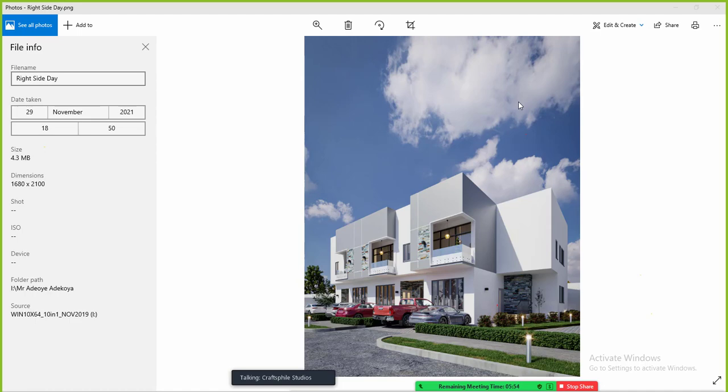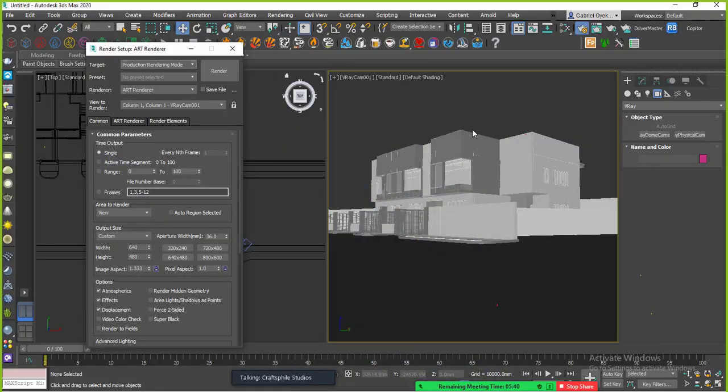So it's better I create an image that is vertical than one that is horizontal. So you need to have an understanding of that, but mostly I use the design to determine the output size that I want. So in this, I'll be using custom, and we know that the height is 2100 by